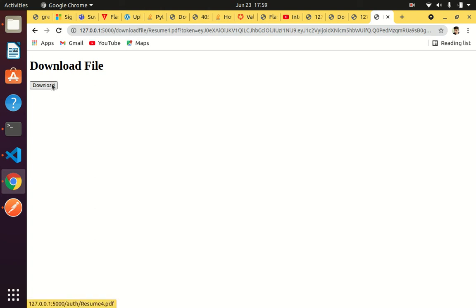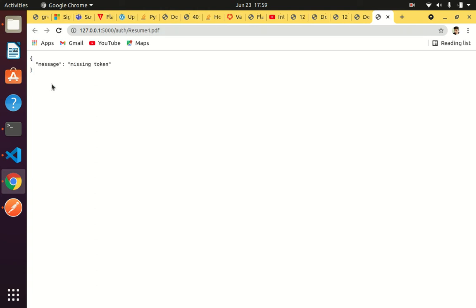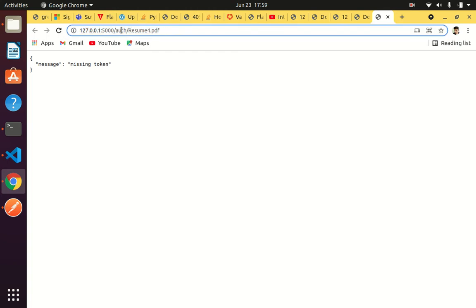So if I press download, okay, now it has taken me to a route where I again have to give my credentials. I'm authenticated, but still the download has not happened. Remember that was the download file route. This is the auth route.